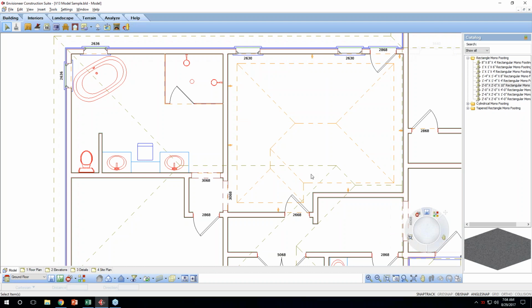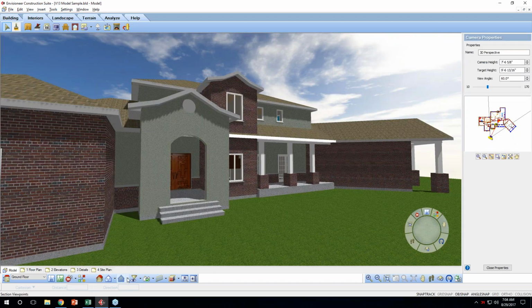Even though they were automatically placed around the room, you can still go in and move them if you need to, or duplicate any one of them if you need more electrical elements. This will just help you get the bulk of those outlets in quickly so you can be efficient in your work. I'm going to pop this out now into a 3D view,